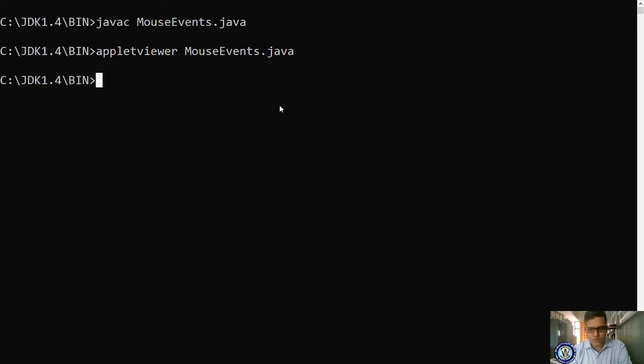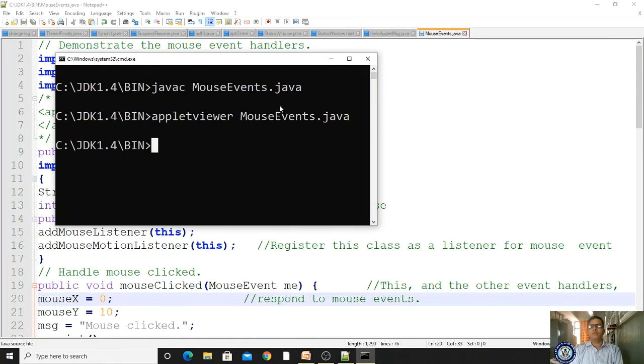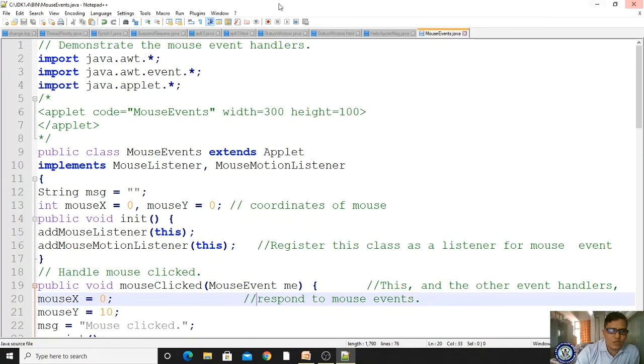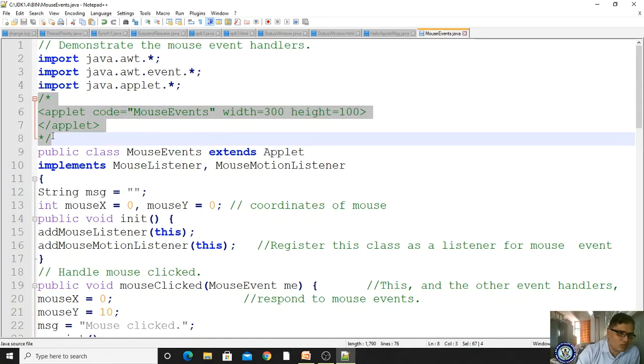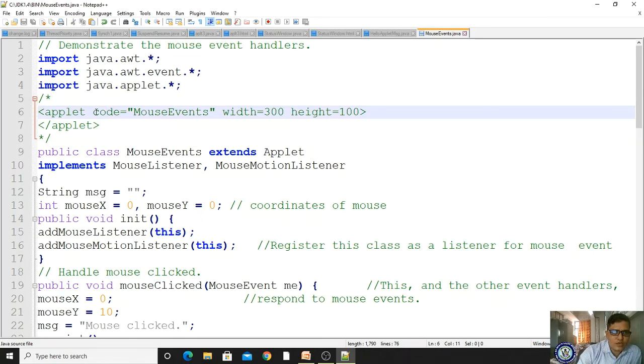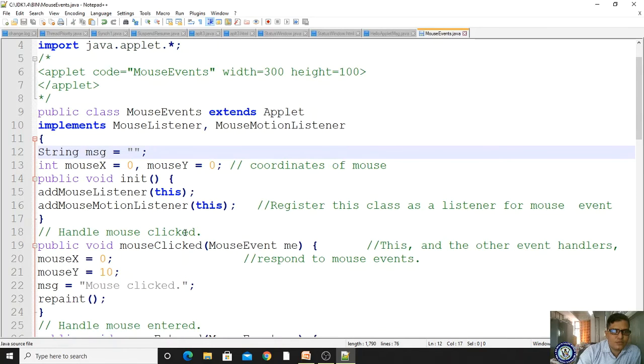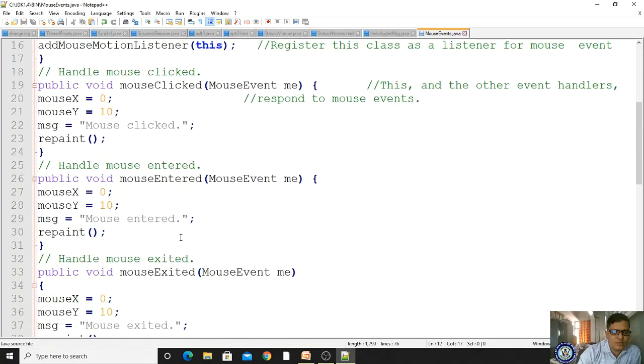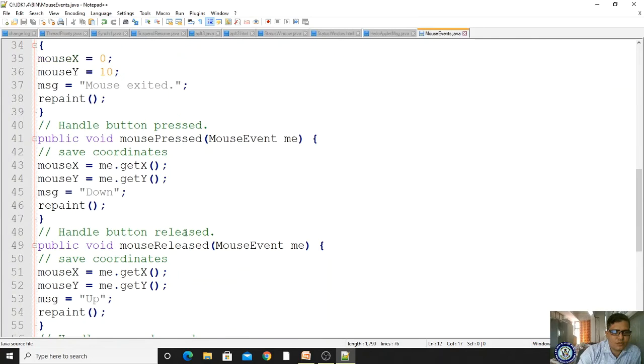Got it? If you don't pay attention, then you won't get this concept. These are very important topics. Please observe once again. These are the packages. This applet code is compulsory required, even if it is a comment. If it doesn't exist, then it won't work. Here the code is the attribute. For the code attribute, you have to give the class file of the compiled source code. And here the methods used are mouseClicked, mouseEntered, mouseExited, mousePressed, mouseReleased.